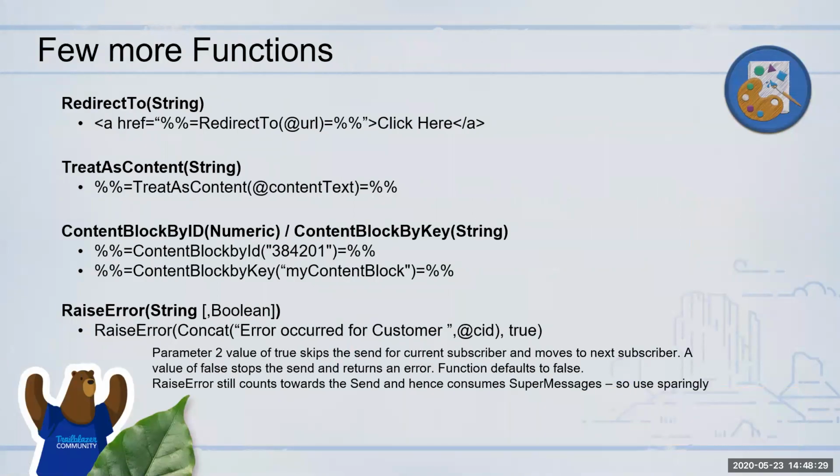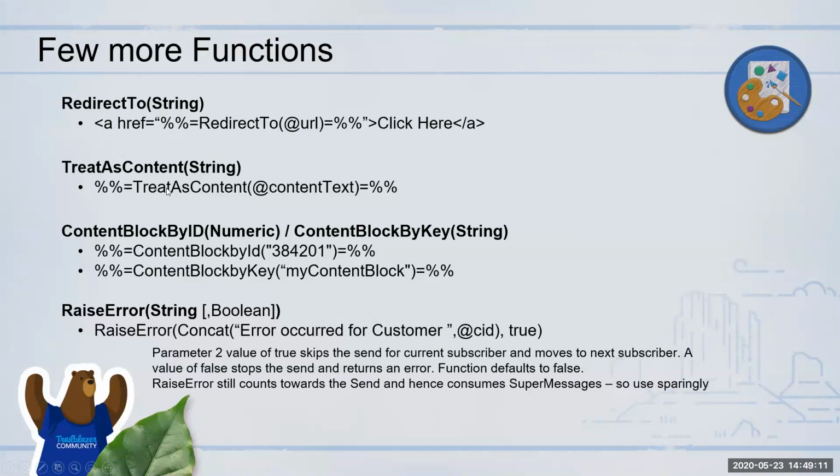Okay, then coming to a few additional functions that you might come across as you go a little more advanced into AMPscript. Whenever you are working with a URL that you want to show in your HTML, especially in an anchor tag, when you're using href equal to, don't try to use the v function there. You will be tempted to use v or attribute value and then just put the URL. Always use redirect to. Otherwise, it will not be rendered properly as a URL. This is a specific HTTP function that has been specified for href anchor tags.